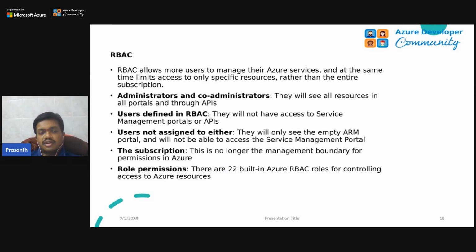Okay, like I said, RBAC is a very key component as part of your Azure Active Directory identity management. RBAC is the one which allows you to manage Azure services, and at the same time limits the access to only specific resources rather than the entire subscription. This is where we have typical roles like Owner. Owner means he'll have end-to-end access on the subscription and resources, everything,